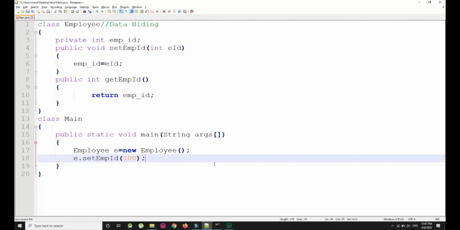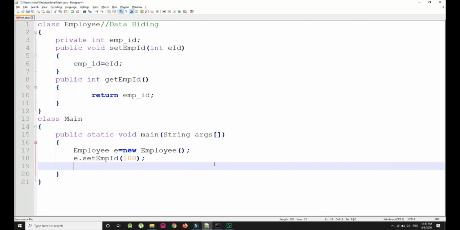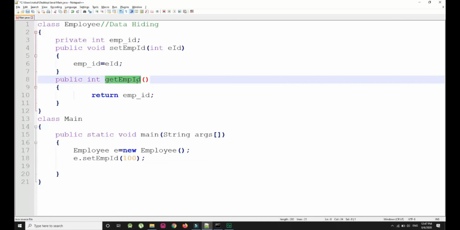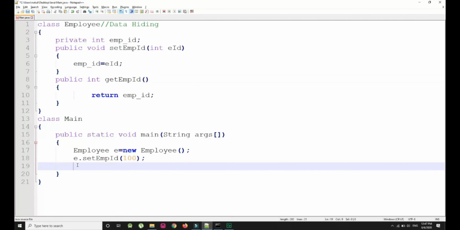And if I want to read this value, I have to use this method, which is getEmployeeID. So I am going to write System.out.println and in brackets e.getEmployeeID. So this is how we can read the value of this employeeID.